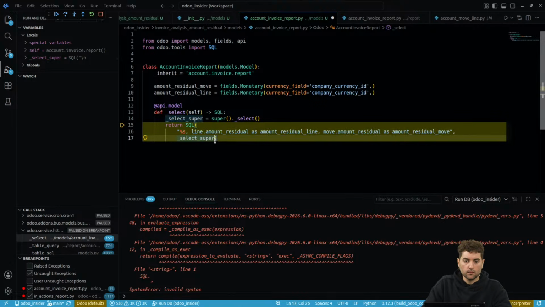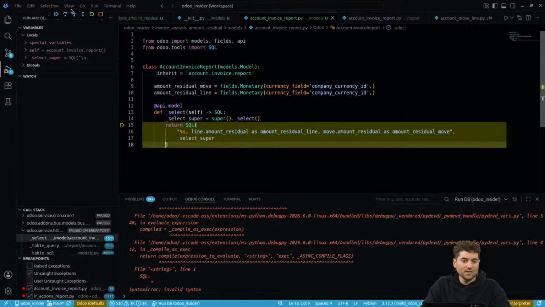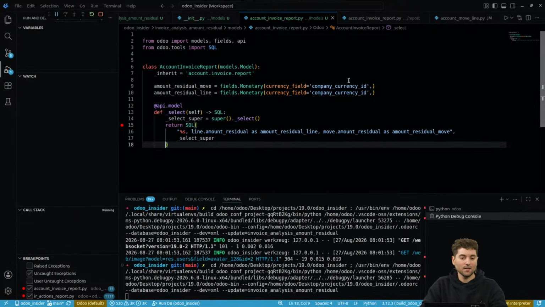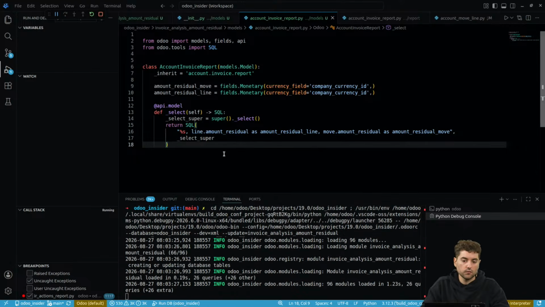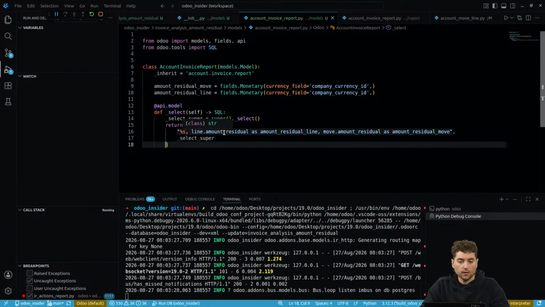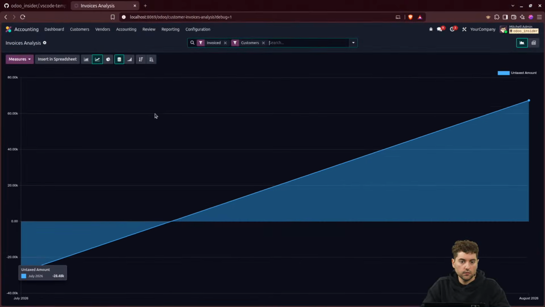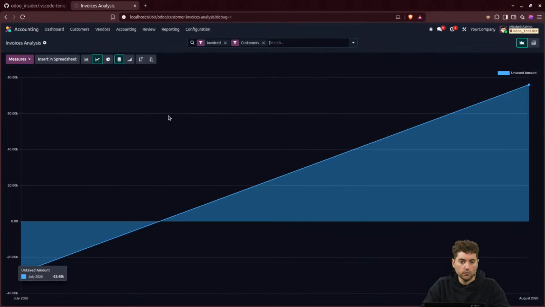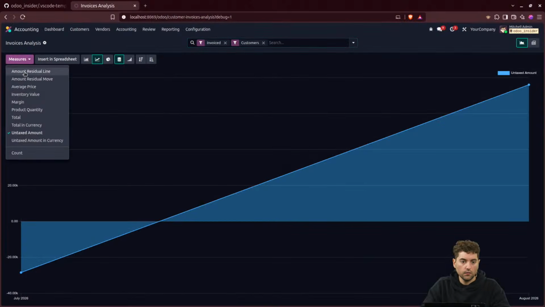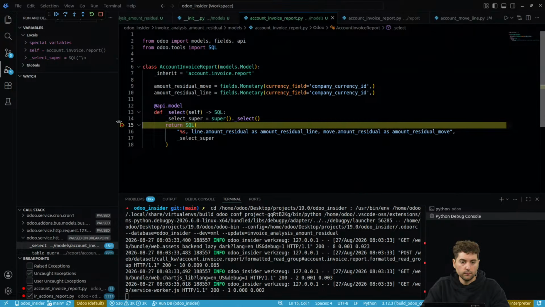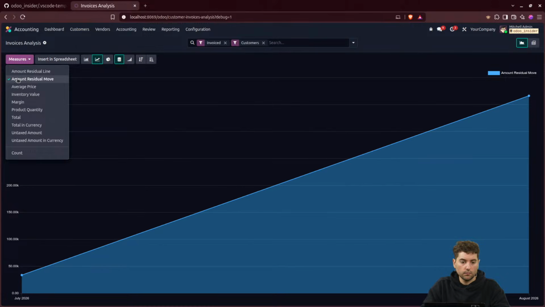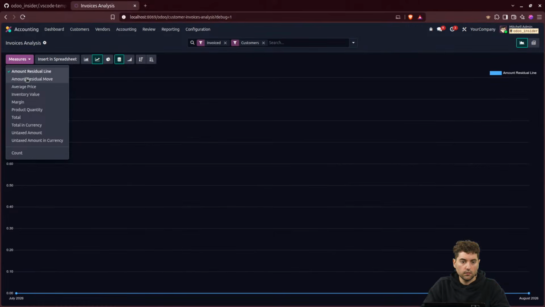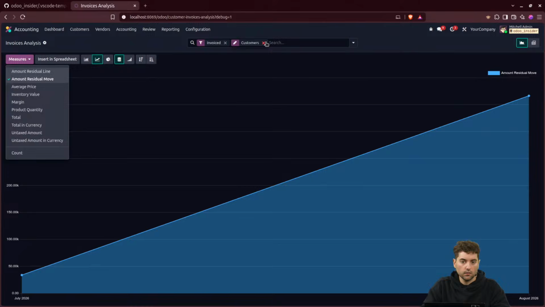So basically I'm just doing some, if you want to put it simply, I'm concatenating two strings, but I'm using the SQL object because that should help us prevent any SQL injection. So yeah, let's see, the syntax should be okay, because I think we also went from there and it didn't have any issue. Amount residual, okay, good. Amount residual move. So actually you see the two works,